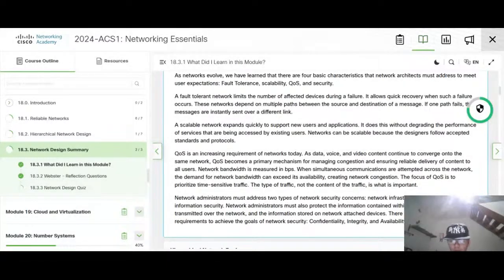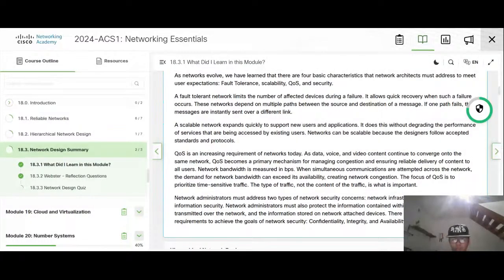Scalable, support new users and applications, integrating that are being accessed by existing users. Designers follow established standards and protocols. QoS is an increasing requirement for networks with data, voice, and video content converging onto the network.